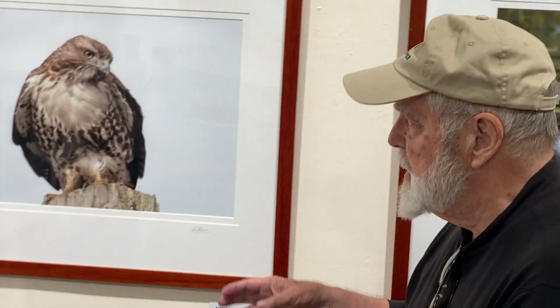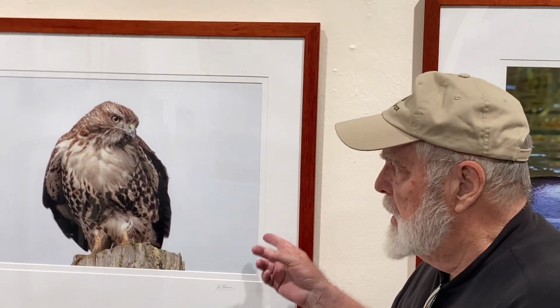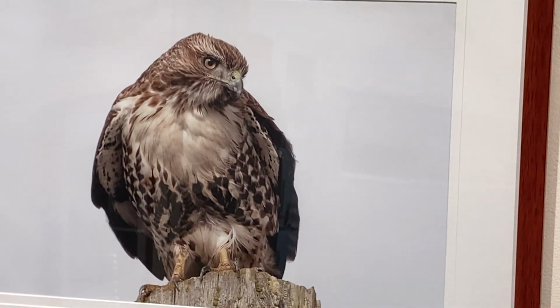And this photograph, of course, I was able to get close enough, even with the telephoto lens, to get this hawk up on Lighthouse Road in Point Arena. And these red-tailed hawks can be a magnificent bird. I really love them. If you step over this way,